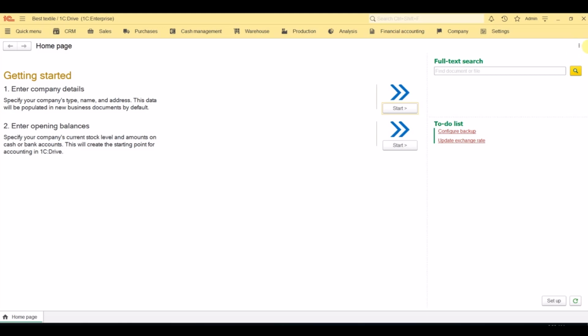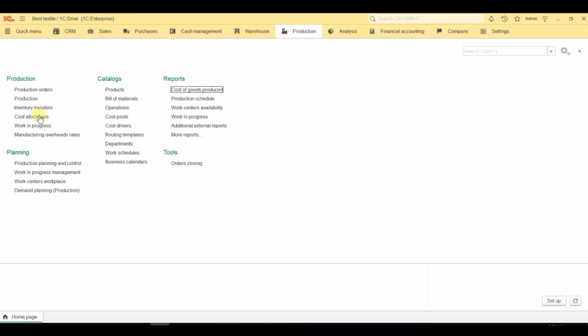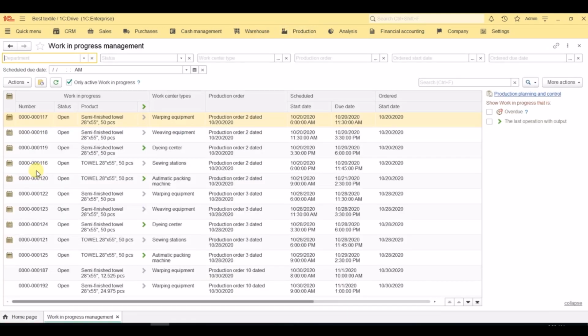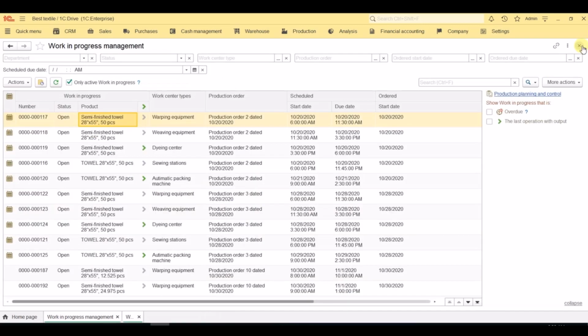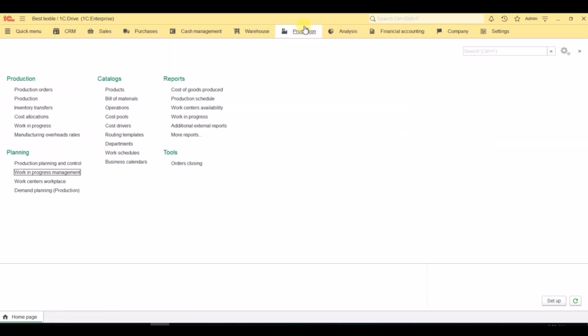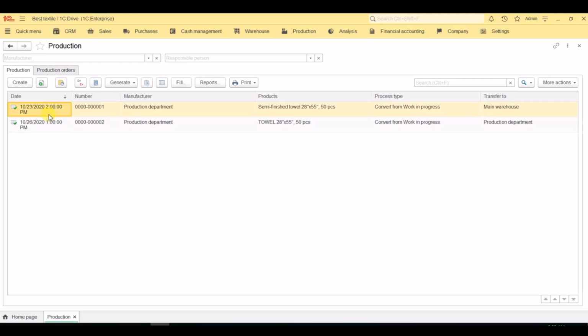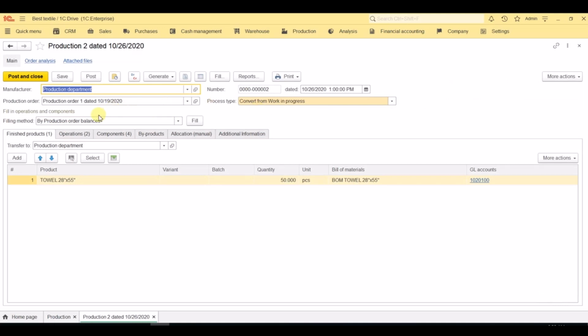Now that we've planned the production and the purchase of components, with the help of work in progress management, we complete the operations, and when done, we register the production document for both semi-finished and finished products.